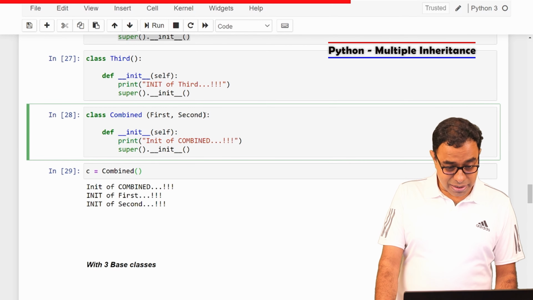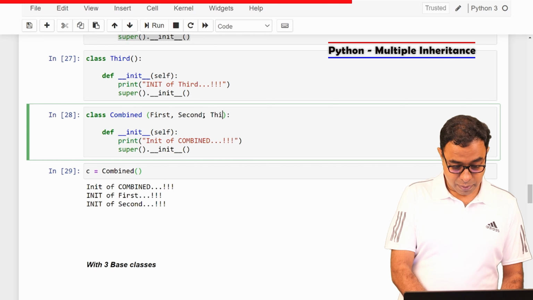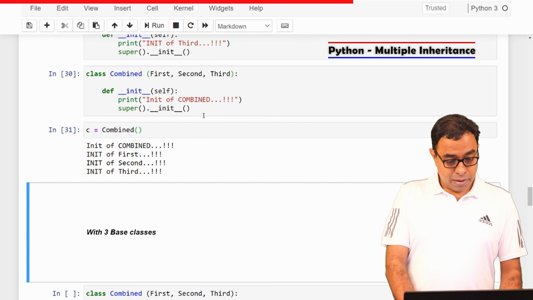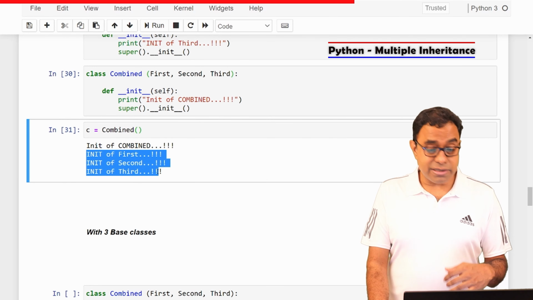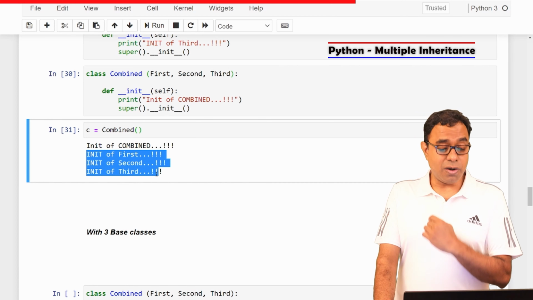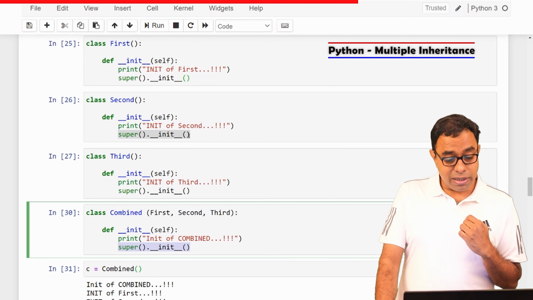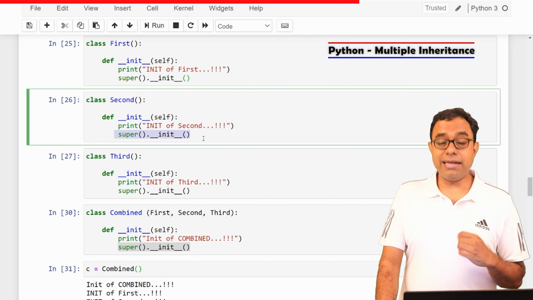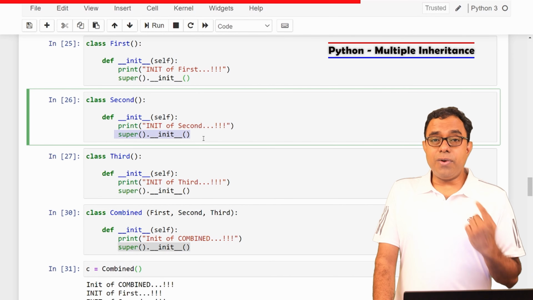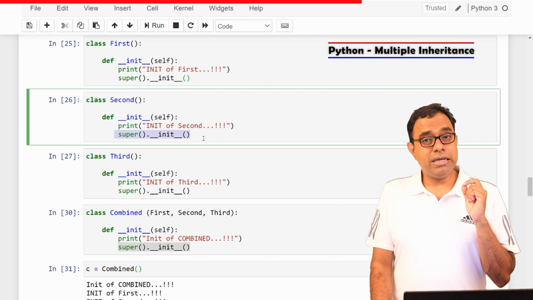And if I put in third over here, you can see that all the init functions of all the base classes are called. So this can work only and only if this line is there in all the base classes from which you are deriving your class.